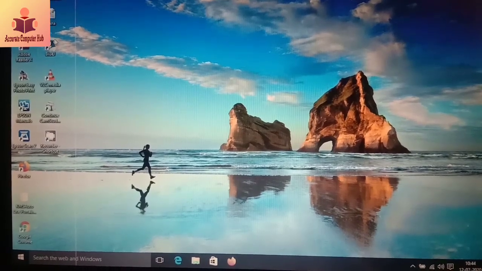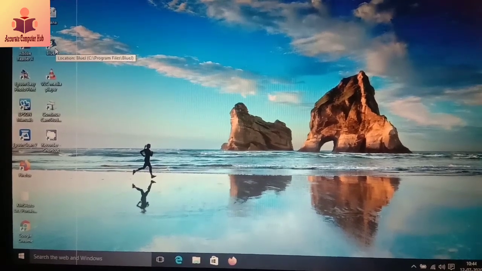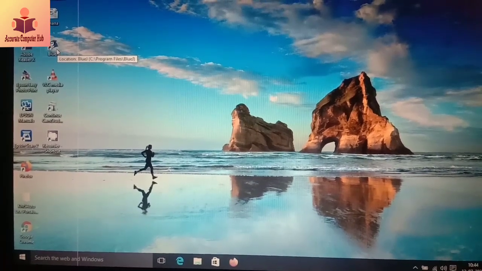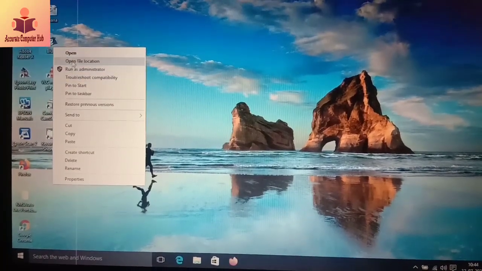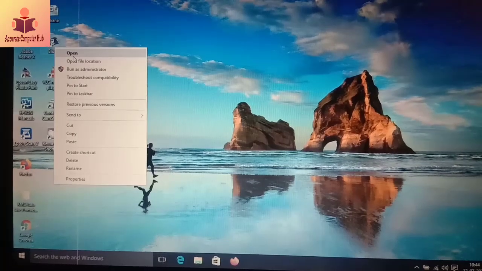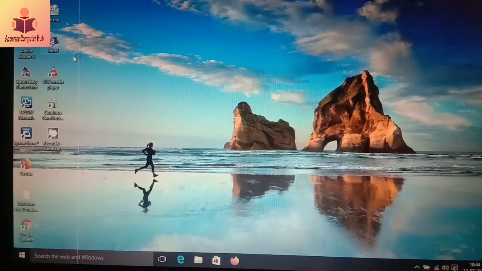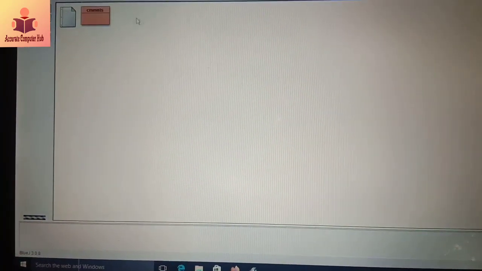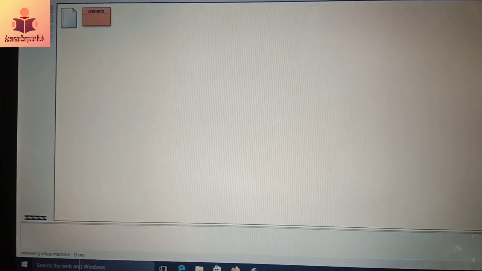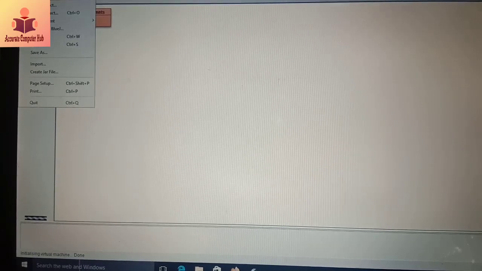So students, now we learn about comments practically. We go to the BlueJ icon, right click on it, then click on open. After clicking on open, this window will open. Now click on the project option.